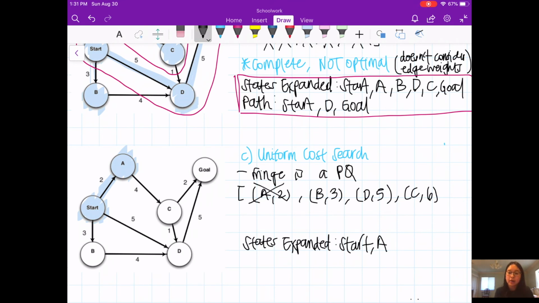So you have the edge length of 4 plus A's original weight, which is 2, so that's why you get 6. Then from here you can see that B is the next one with the least weight, so you would want to explore B next.